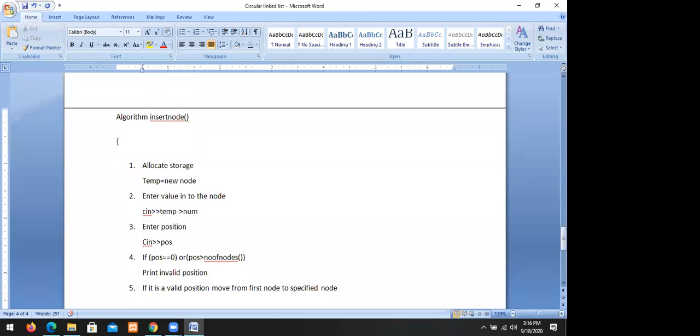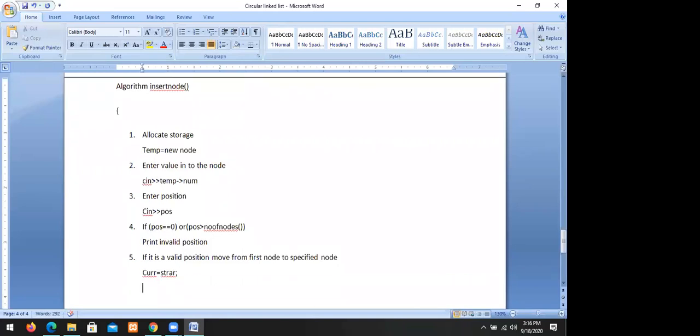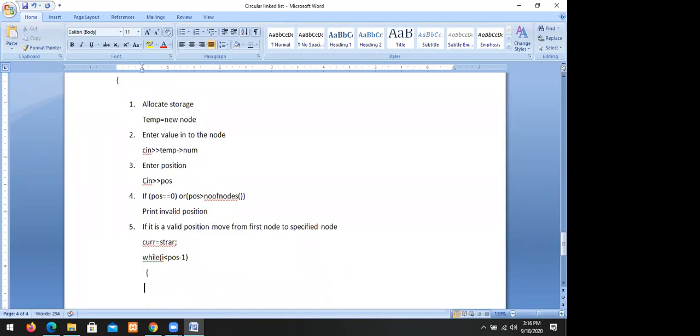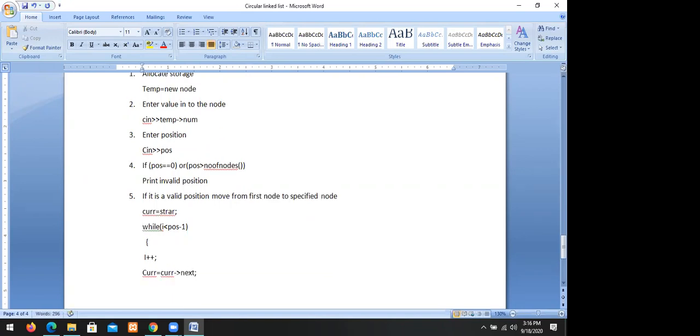How can we move? current equal to start, while i less than position minus 1, i plus plus, current equal to current dot next. So this is the process we use to move from the first node to the specified position.